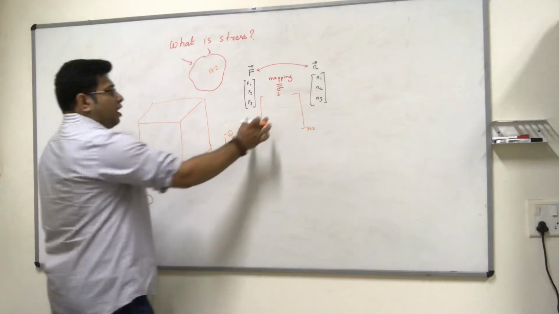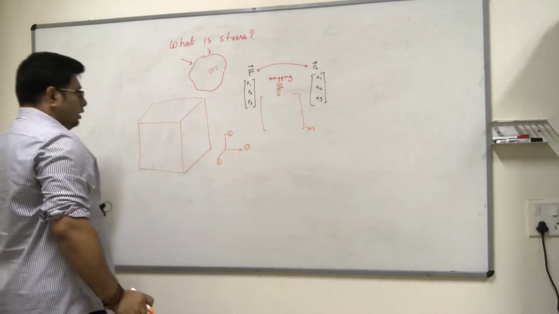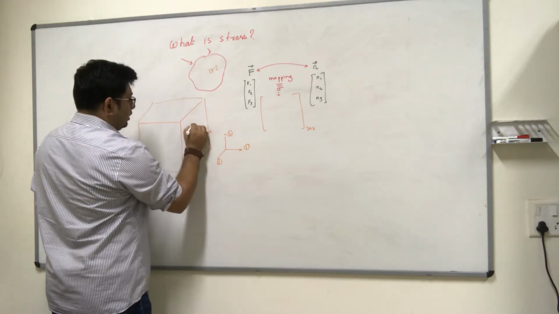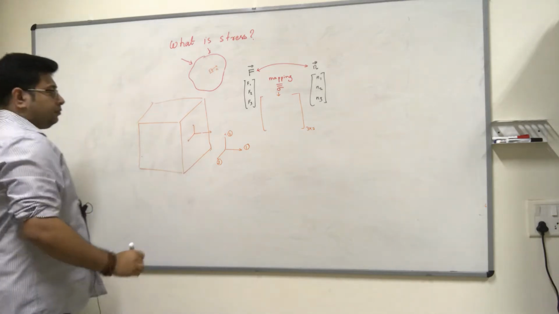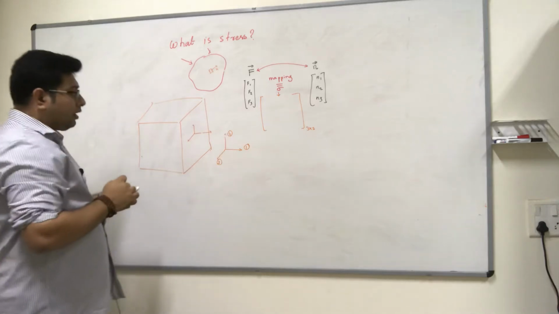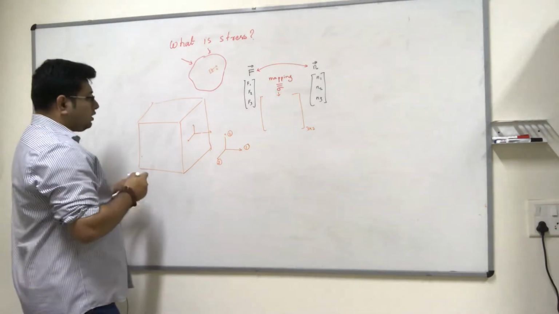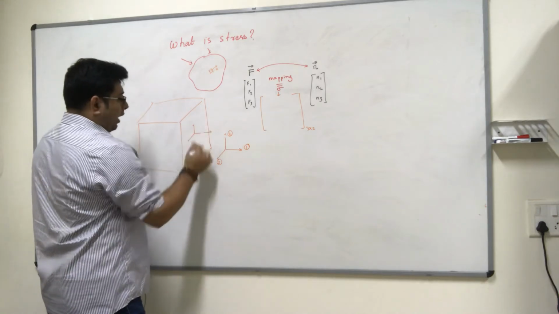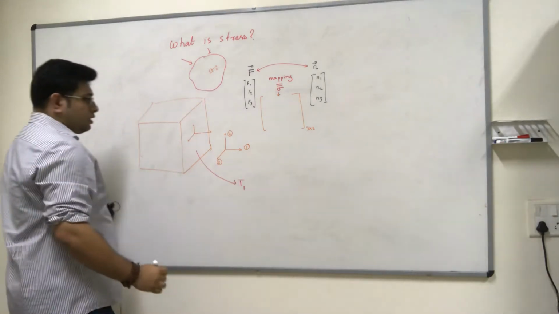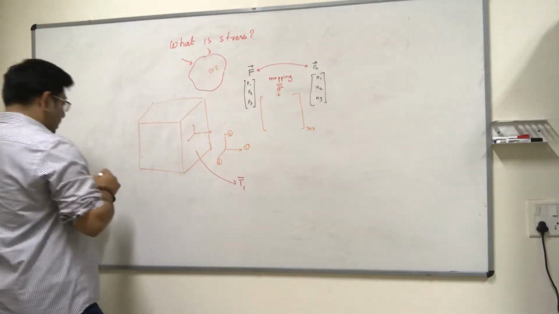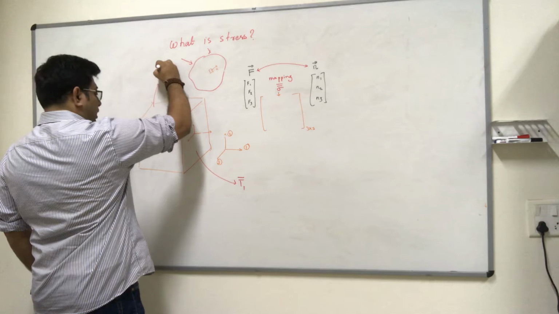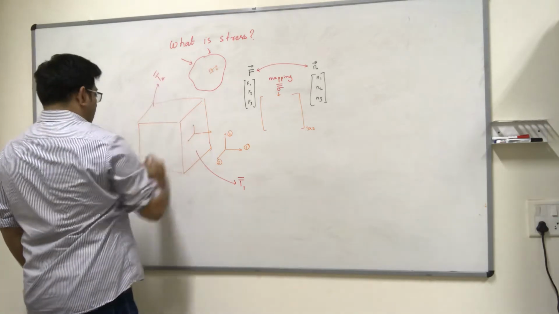And the fact that you have these 3 numbers here, they will be reflected in the fact that you have 3 numbers associated with this face. And on this face, there is some net vector that is going to act. Okay, so there is some net force vector that has to act on this face. So let us call that T1. Okay, T1 is a traction vector. Similarly, on my face 2, there will be some vector here. This will be T2 and this will be T3.